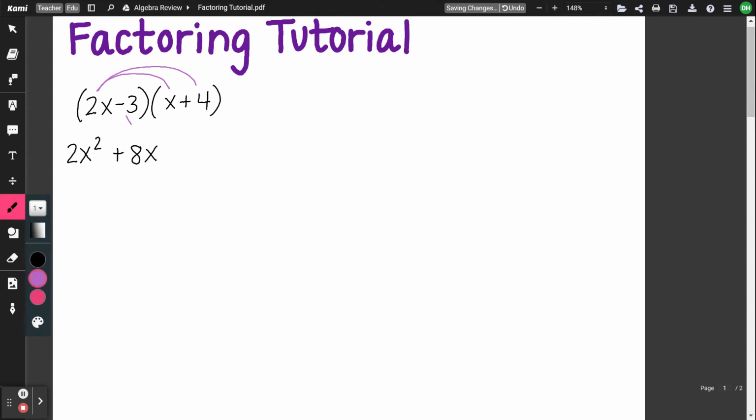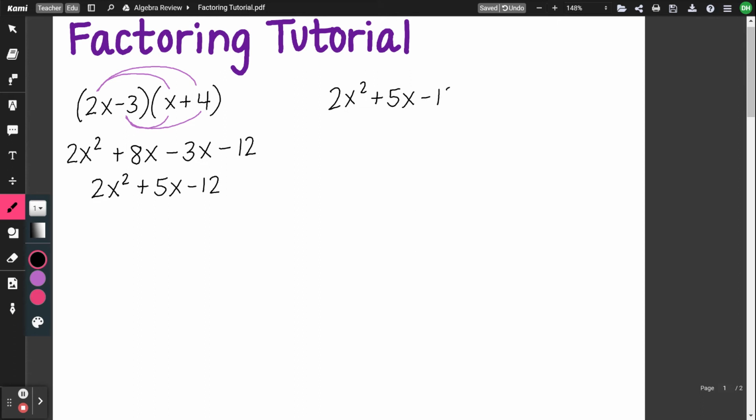Then you do negative 3 times x, which is negative 3x. And then negative 3 times 4, which is negative 12. So then when you combine your like terms, you have 2x squared plus 5x minus 12. So factoring is when you start with that expression, 2x squared plus 5x minus 12, and you break it down